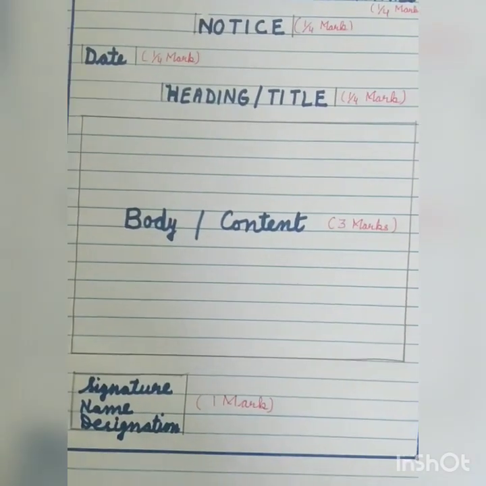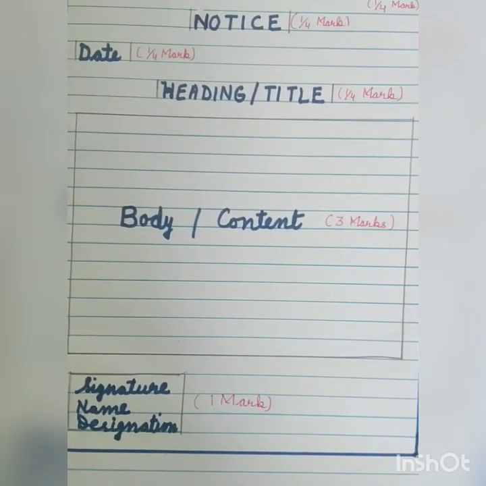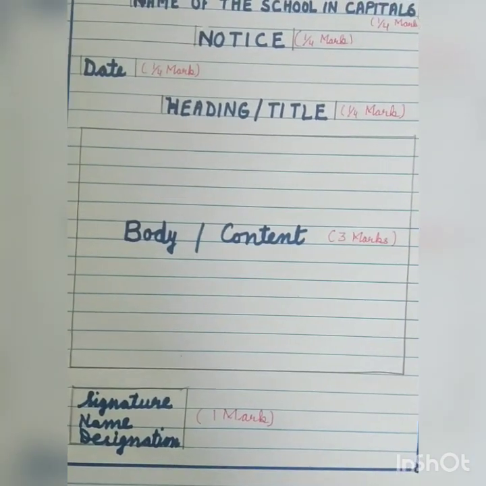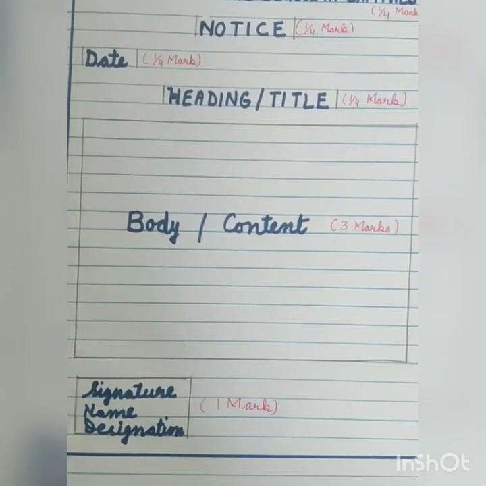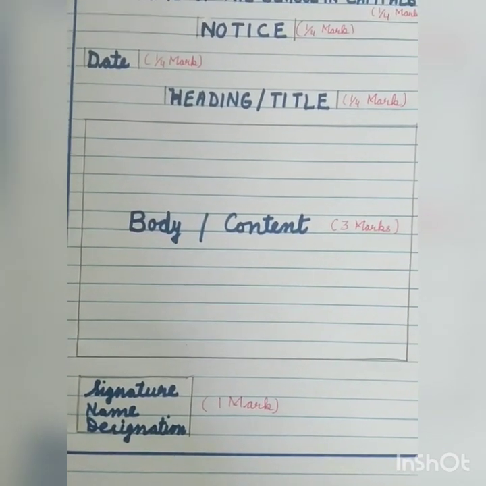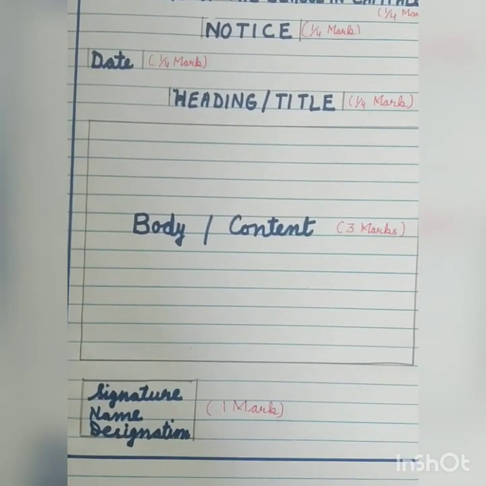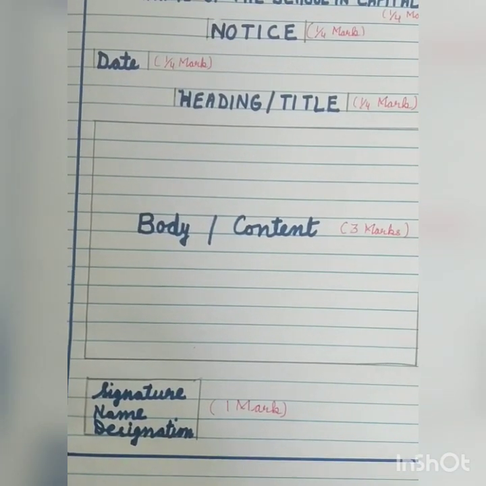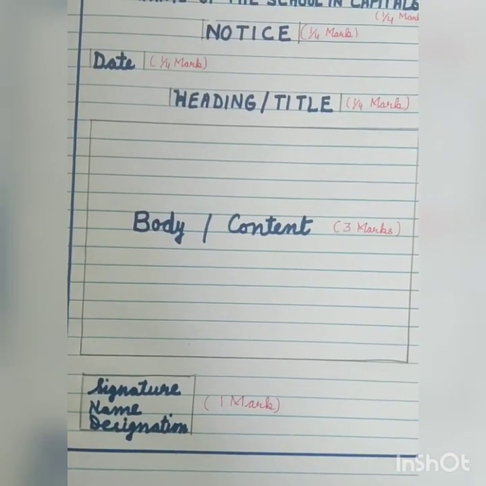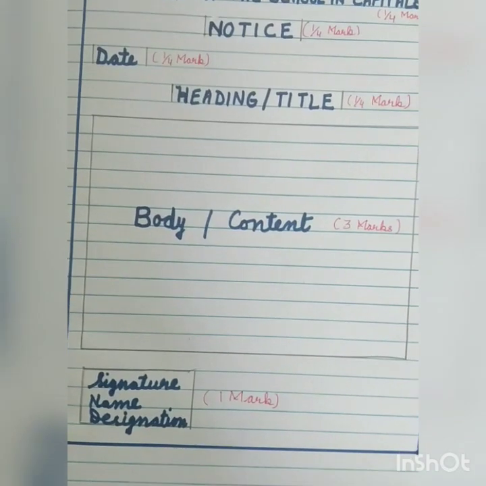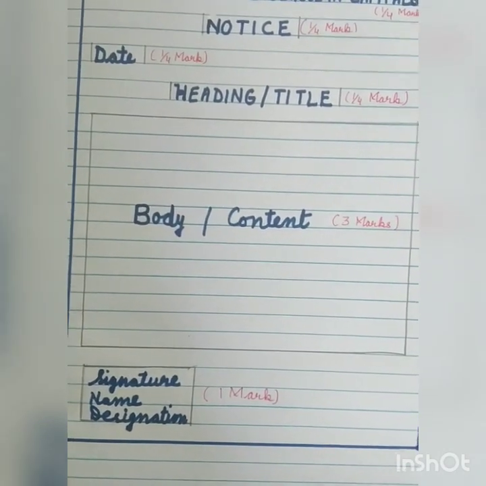Correct? Then below that, on the left hand side, we have to write the date, and you all know how to write the date. First of all, the name of the month starting with a capital letter, then the date, comma, and then the year. Then below that we have to write the heading or the title. What is it? As we write in an application also, the subject means the main idea for which we are writing it. Okay, so we have to write the heading or title, that also we can write in capitals, and below that the main body or the content of the notice has to be written.